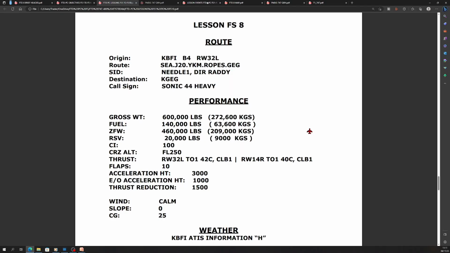Okay, here's the route for lesson 8. The origin, Boeing Field, we're coming out of Bravo 4. We're expecting runway 32 left. The routing initially is Seattle, J20 Yakima, direct ropes, direct Spokane. And we get the Needle 1 departure, expecting direct Ratty. Will be Sonic 44 Heavy,